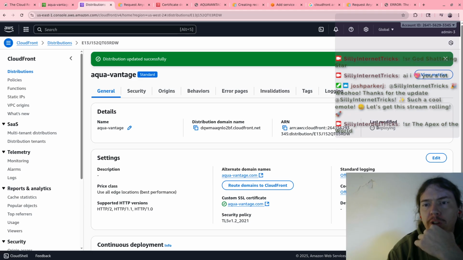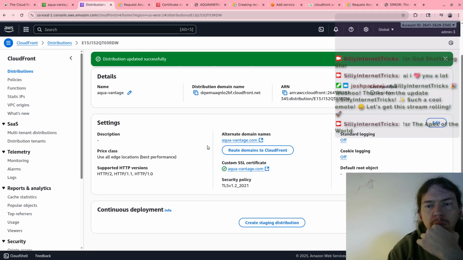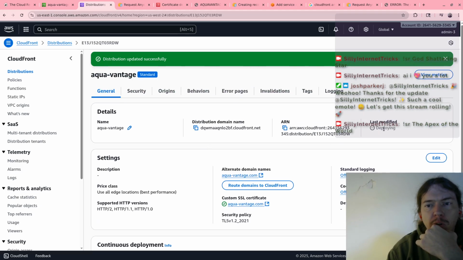This says deploying, so maybe if it's deploying, maybe that will help. Once it's deployed, I mean, I don't know.